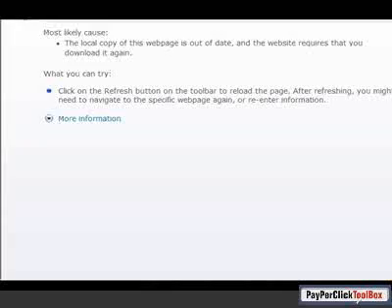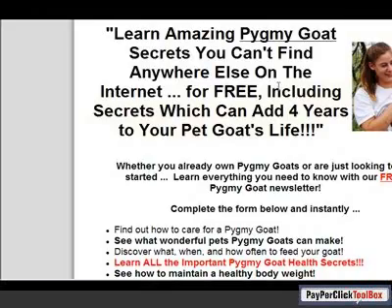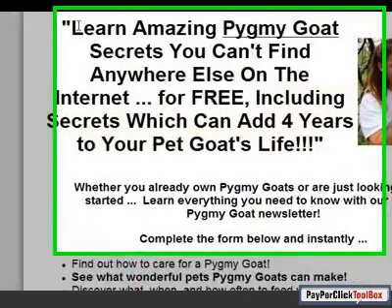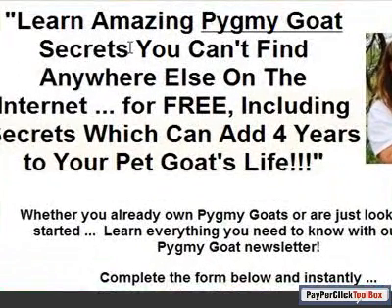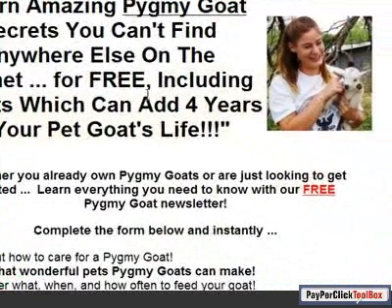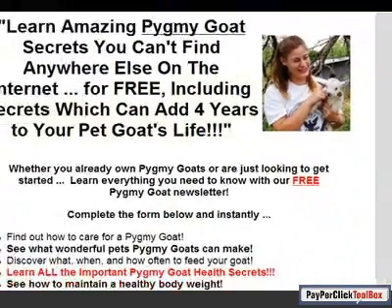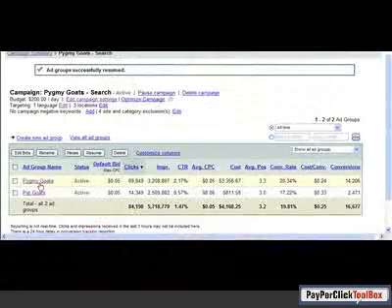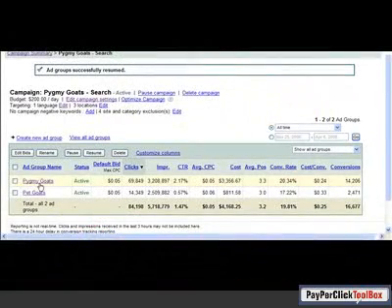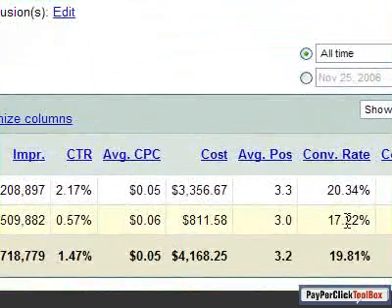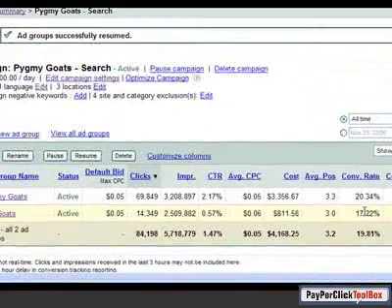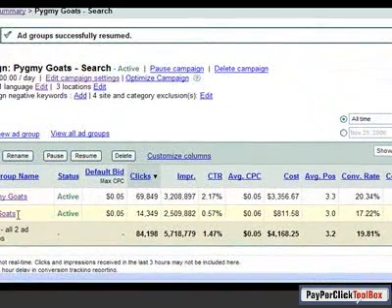Let's go back to the web page for a second. Here's the web page. Learn amazing Pygmy Goat secrets. It doesn't say learn amazing pet goat secrets. And there's a picture of a pygmy goat, and there's the word Pygmy Goats all over the page. So people that had pygmy goats on the brain would be more likely to sign up than people that had pet goats on the brain. That's what you might expect, but it's nice to see exactly what the effect is, because what that tells me is that, you know, pet goats is not too far afield from pygmy goats